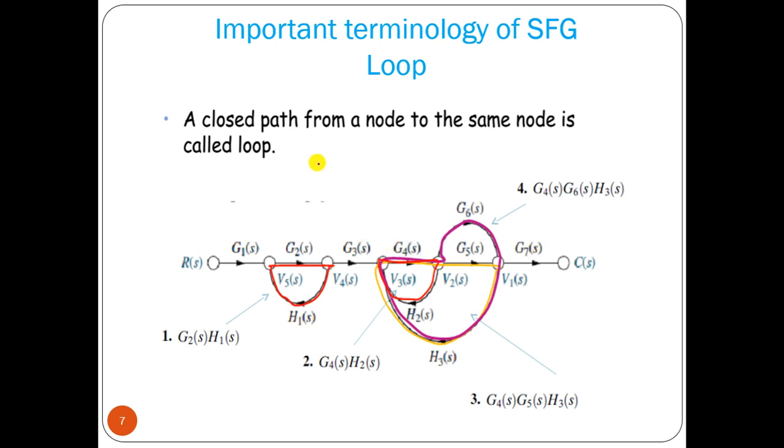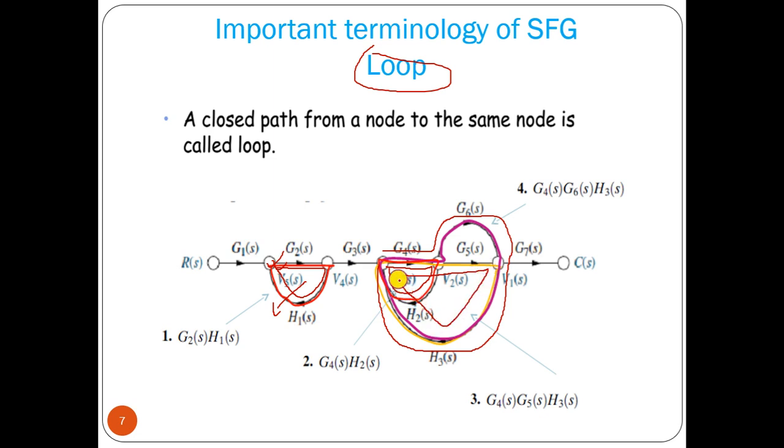Now what is loop, okay. Loop means that start from one node, ends at same node. So starting from here and then it is coming back to this node. So this is the example of loop, okay. Similarly, starting from this node and coming at this node. Another one starting from here, then it is going here, then this node coming back to this node, okay. This is another loop. We can have another loop starting from this node, going to this node and coming back here. So we can have 3 and 4 loops in this particular signal flow graph, okay.